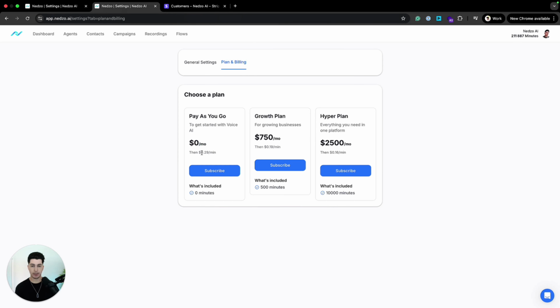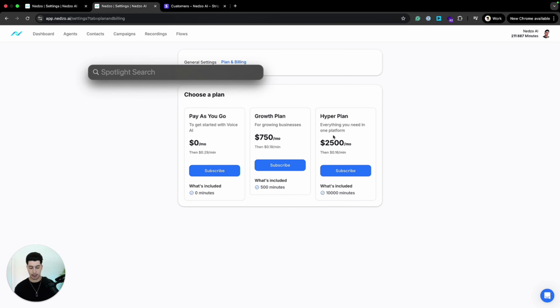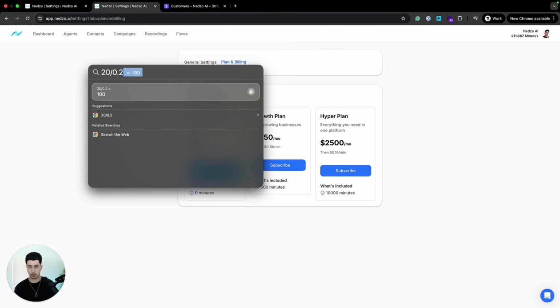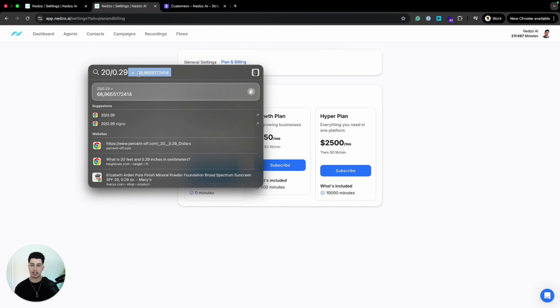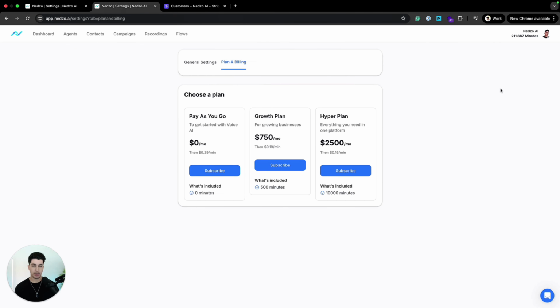Those $20 will be converted based on your pricing into minutes. So they will see here, once they subscribe, in this case, 20 divided by 0.29, they will see 69 minutes here in the top. And once they get, again, back to 0, we'll charge them again. If for some reason the payment doesn't go through, well, they will not be able to make further calls. And of course, you get a